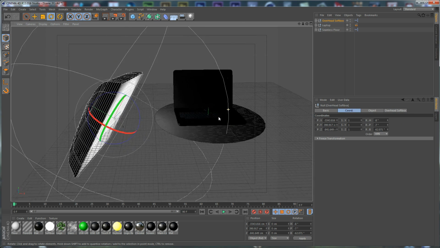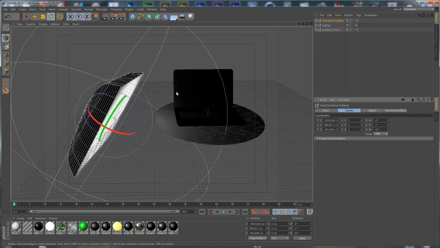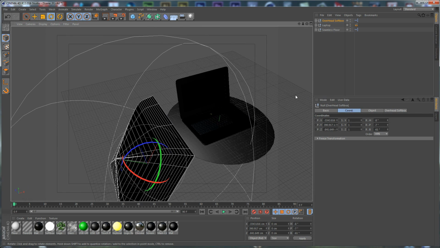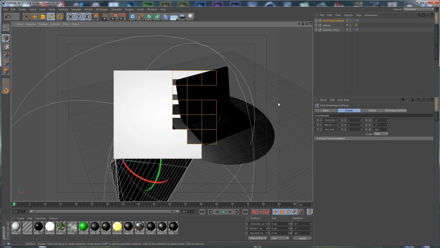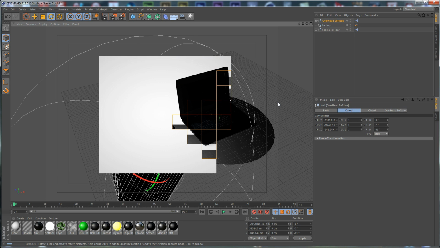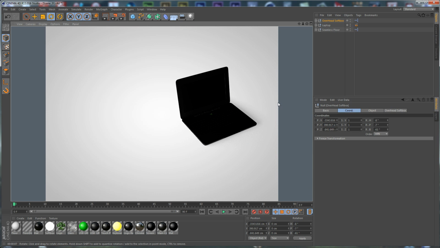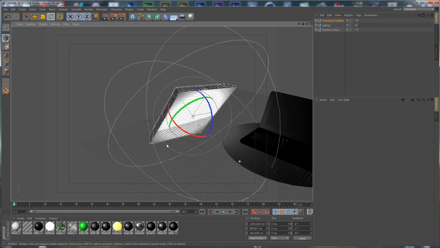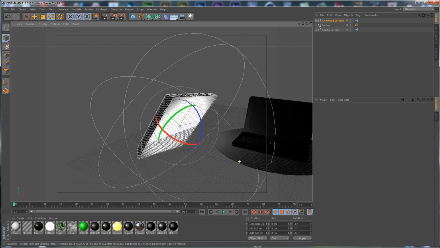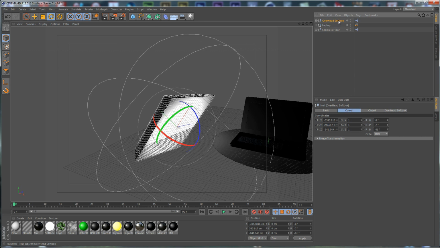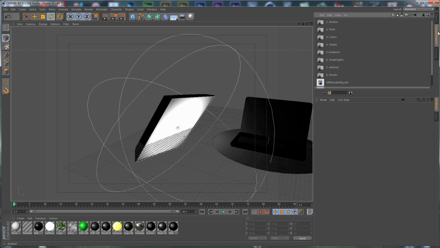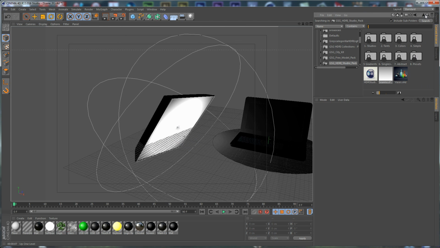So this is our first softbox, and if we do a render, you can see how our scene looks like. It's pretty dark right now, so we want to add some more softbox elements. So let's make a copy of the softbox, or better, just go and take